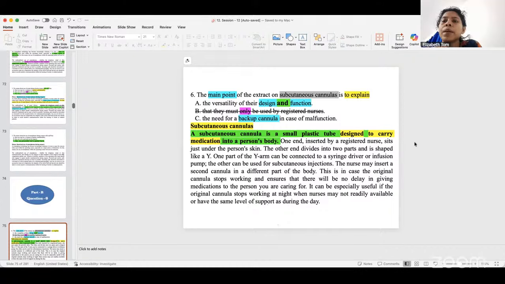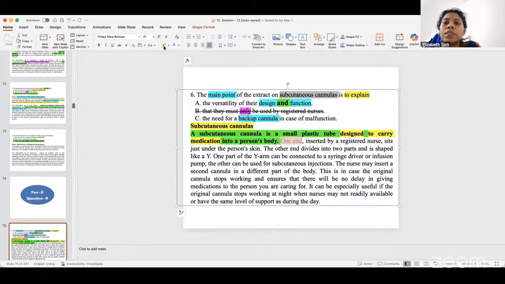One end is inserted by a registered nurse just under the person's skin. The other end divides into two parts and is shaped like a Y. One part of the Y arm can be connected to a syringe driver or infusion pump. The other can be used for subcutaneous injection. The nurse may insert a second cannula in a different part of the body. This is in case